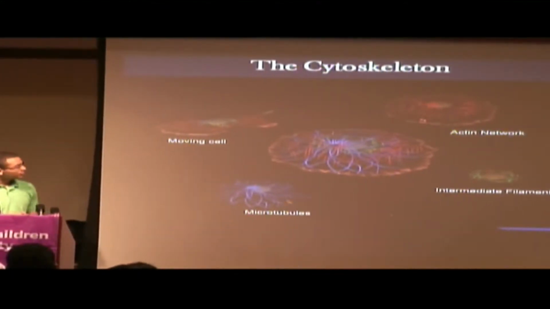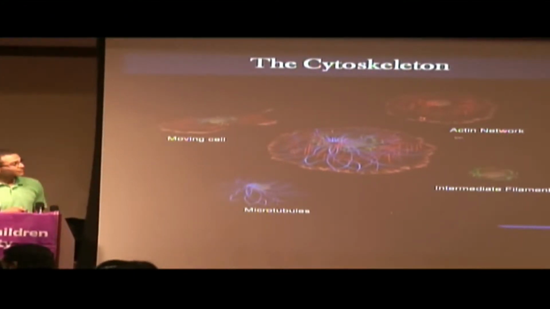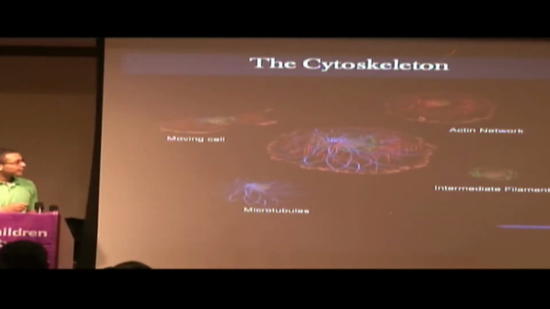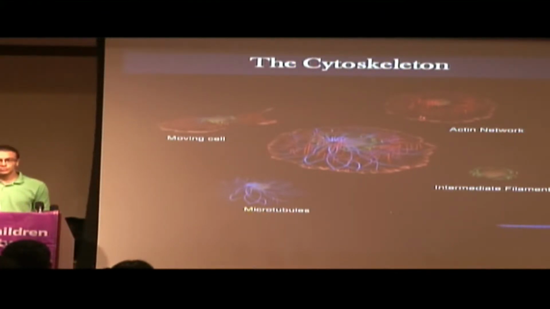Here I have a picture of the cytoskeleton. The cytoskeleton is the organelle, or the part of the cell, that is responsible for cell motility or cell movement. It's made up of 3 parts: the microtubules, the intermediate filaments, and the actin network. The actin network is also known as the microfilaments, and that is the part of the cytoskeleton which we focused on, because as you can tell from the name actin network, it is made up of a